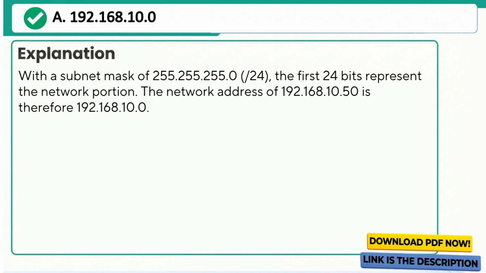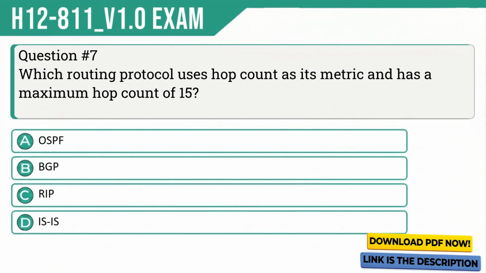Explanation: With a subnet mask of 255.255.255.0, or /24, the first 24 bits represent the network portion. The network address of 192.168.10.50 is therefore 192.168.10.0. Question number 7. Which routing protocol uses hop count as its metric and has a maximum hop count of